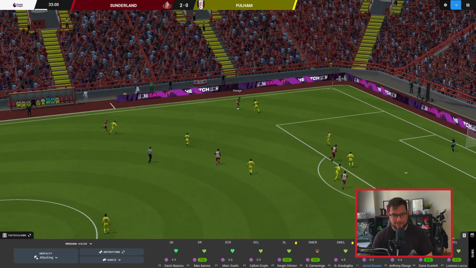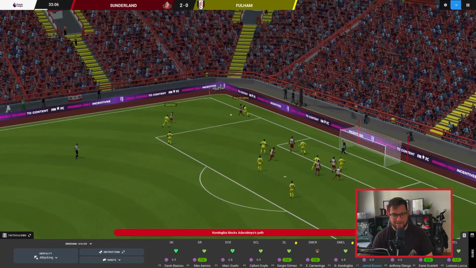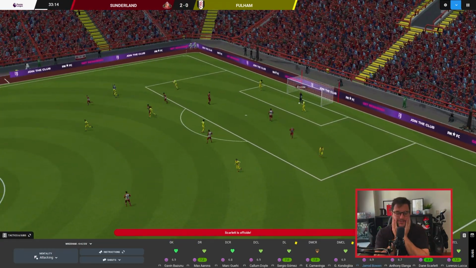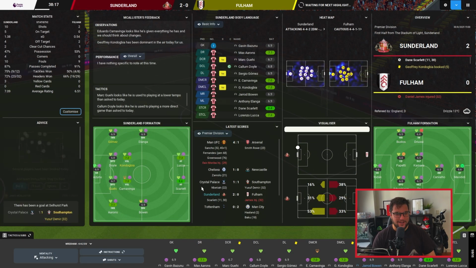And Anthony Elanga on the left-hand side lays it back. Kondogbia into the box goes Kondogbia. He lays it back to Gomez. Back to Kondogbia again. Kondogbia, in it goes. It's bouncing around. Camavinga should score and doesn't, but someone was offside, so it doesn't matter anyway. 10 minutes to go till half-time as...